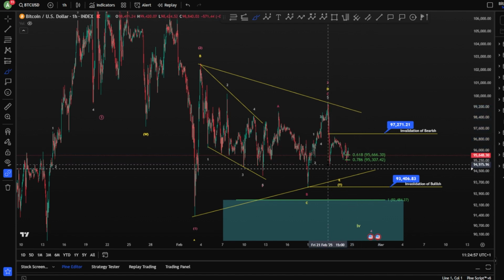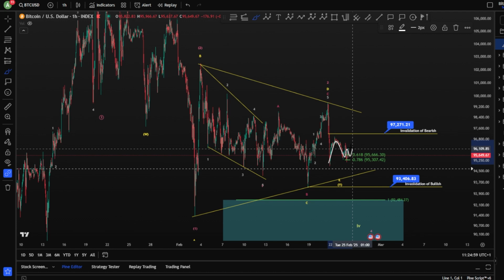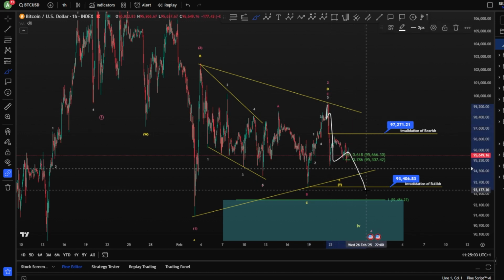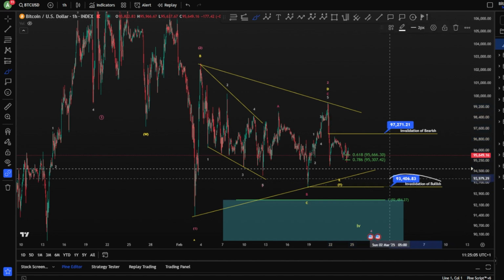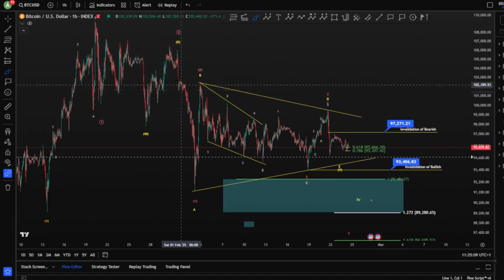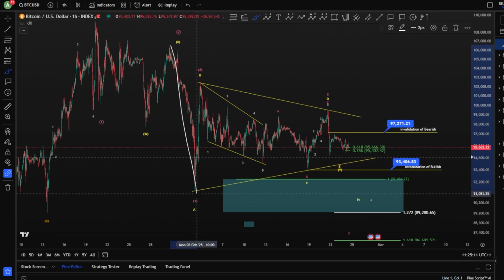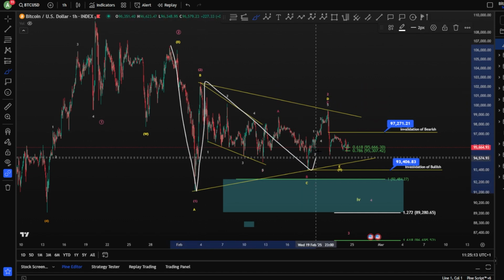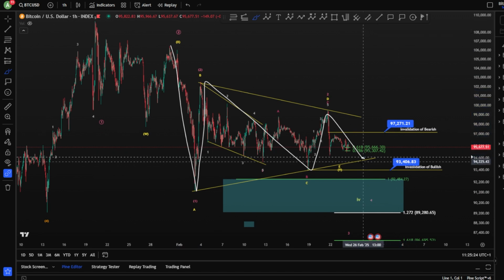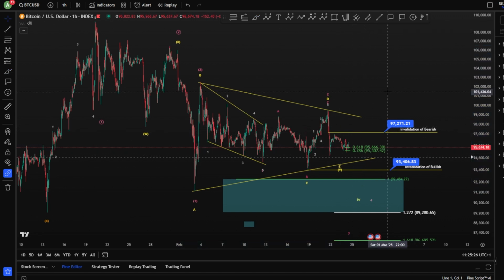And this wave 4 might be, of course, a sideways range, as a triangle 1, 2, 3, 4, and a 5 towards the downside, and taking invalidation of bullish, where your invalidation of bullish meaning, of course, is this triangle A, B, C, D, and an E. Probably we still move a little bit lower for a wave E, or even from here, as we saw in the daily, we might move towards the upside because we have finished a wave E, right?